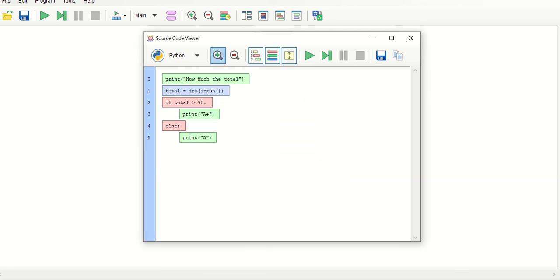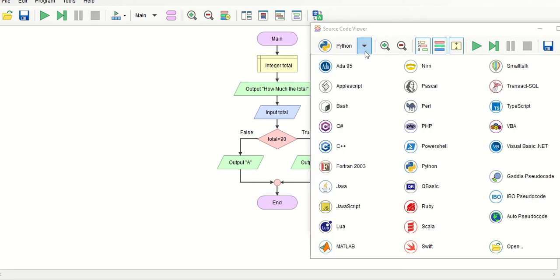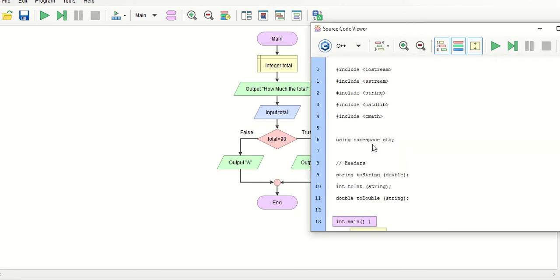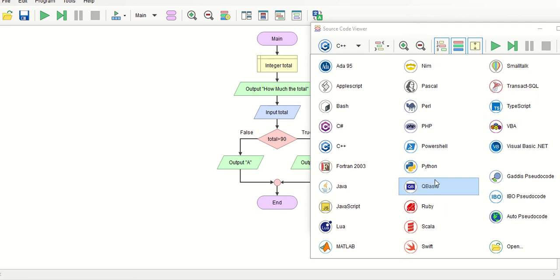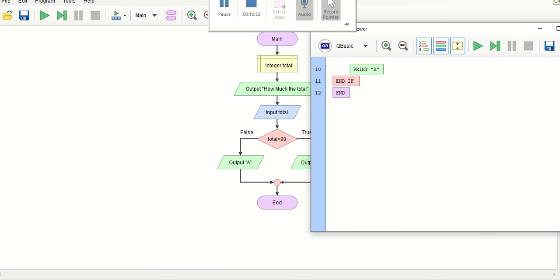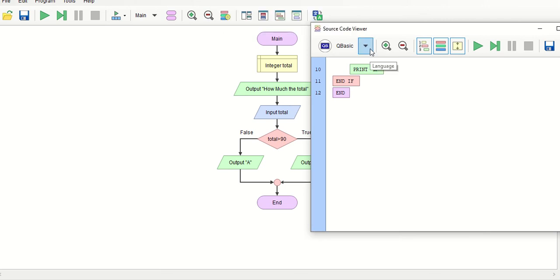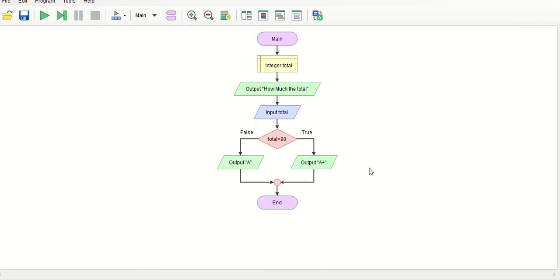Suppose I choose Python, now you can see the same program we will make in Python, using these commands. If I want to see this program in C++, you can see in C++ the same program we will create like this. So there are many languages, and you will use this algorithm with different languages. Just one time you create this program, and after that you can see it in another language, and also learn the same program in another language.